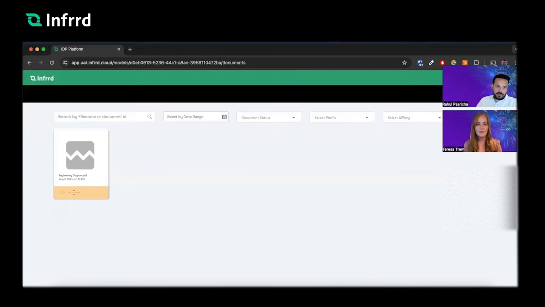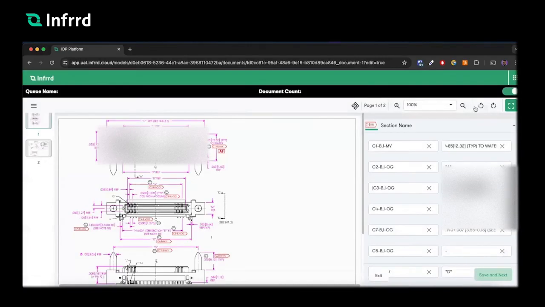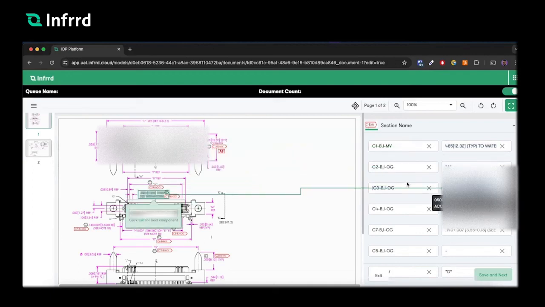It's currently in progress. Once the extraction is complete, the status will change to extraction only, and we will be able to review the results of the extraction. So I'm going to click on view document. And now if you see, we have the diagrams and you can basically tab through to look at all the different components. So we allow that feature through a platform where you can just quickly tab through all the components,